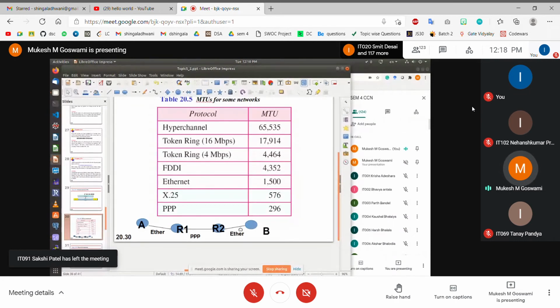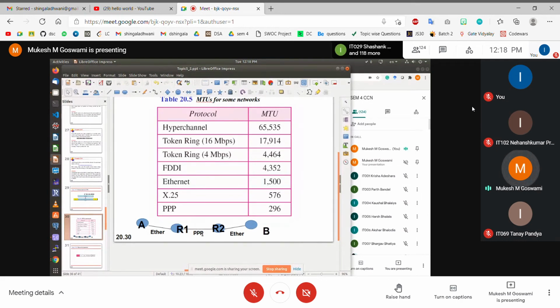We are connecting to our perimeter router using Ethernet, but then the perimeter router is in turn connected with an ISP router, an internet service provider. So this is actually a wide area network link, right? This is the router of your organization. This is the router of the service provider or some remote network. Since you have a remote network, you need wide area network connectivity, which can be obtained through a modem or through telephone lines. So let's say we are preferring a telephone line here. Therefore we are using a T1 carrier telephone line, and using the PPP protocol, we are trying to send data between these two routers.